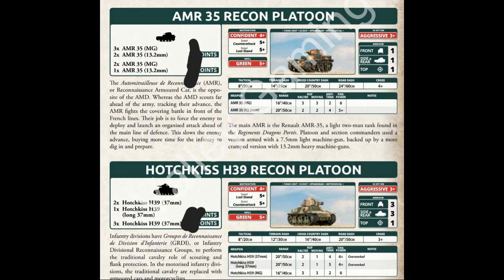And we have our 2 recce units, so the AMR-35, which is basically a tankette type thing. You can have a unit of 3 with MGs and 2 13.2mm, or a unit of 2 MGs and 1 13.2. Anti-tank 4, so not great, but they do have Spearhead and Scout, so quite interesting. But they are green and have a bad counterattack and last stand,